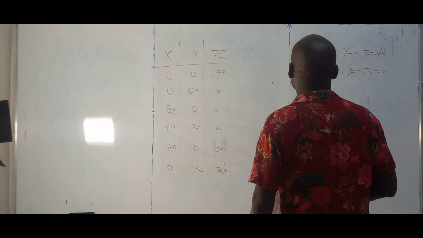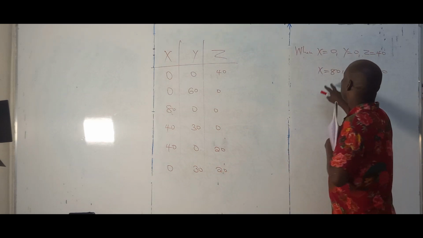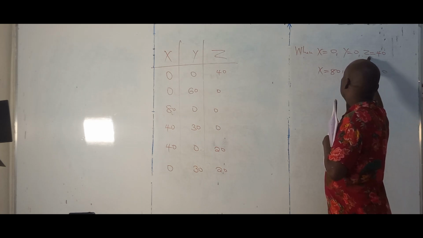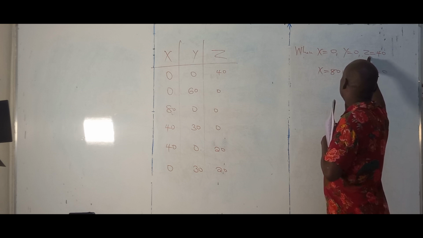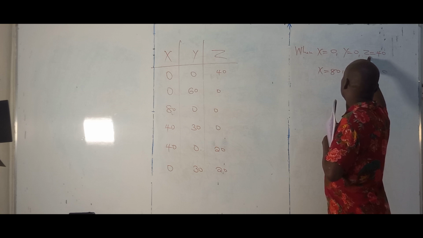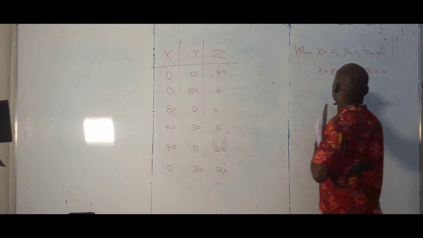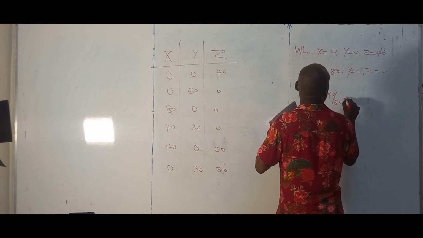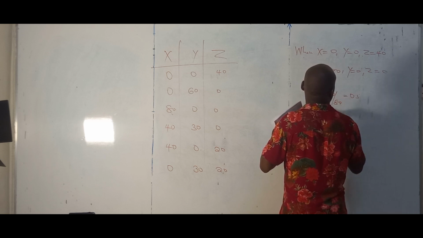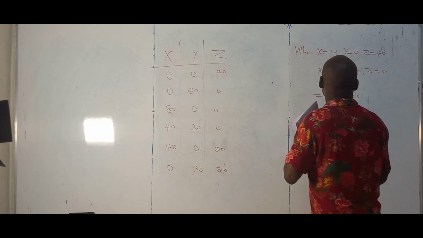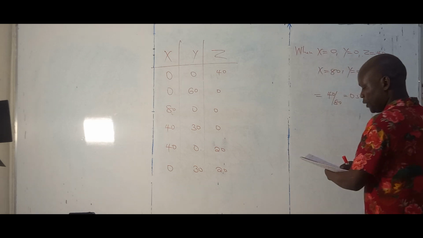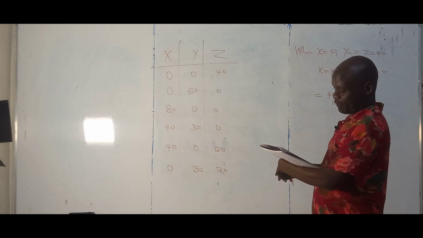And in this particular instance, we see that by producing 80 units of X, it reduces the units of Z by 40. And so the opportunity cost per unit will then be 40 over 80, which is 0.5. So it means the opportunity cost of producing 1 unit of X is, if I have now this 0.5, then we say